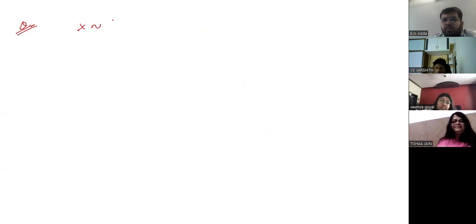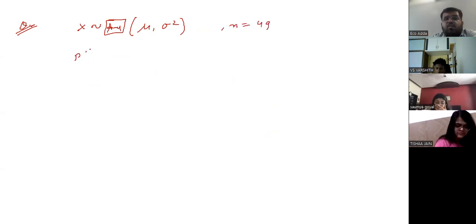X follows some distribution. I don't know whether it is normal, uniform, or what, because that is not in your syllabus. So I'm writing any distribution, which I don't know, with mean mu and variance sigma squared. And here n is equal to, let's say, 49. Now the question says